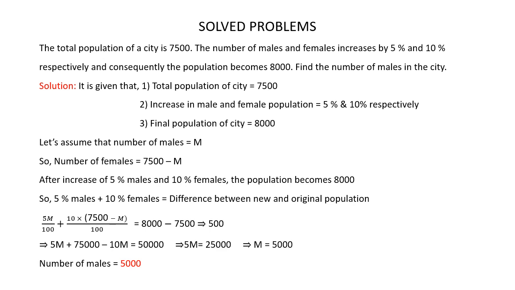So 5% of males plus 10% of females can be written as 5M divided by 100 plus 10 multiplied by (7,500 minus M) divided by 100 is equal to the difference between the new and the original population, which is 8,000 minus 7,500, which is 500. Now here the LCM is 100. So